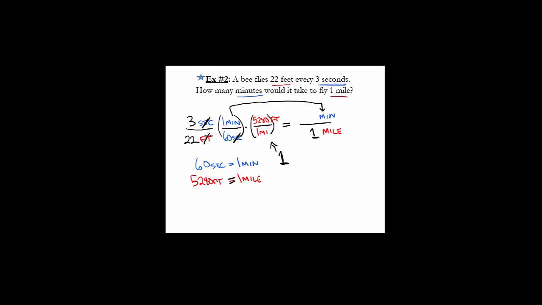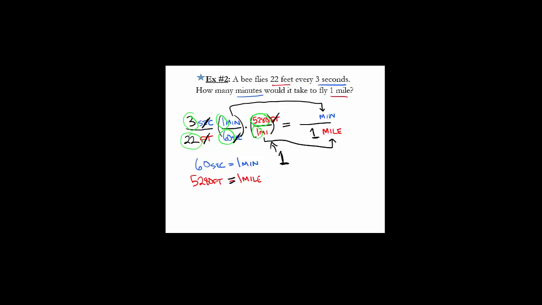Again, feet now on the bottom and the top I can cancel, and what am I left with? I'm left with miles, which is exactly what I want. And now it's pretty easy. You just pull out your calculator and you multiply all the numbers that are on the top, which is 3 times 1 times 5,280. You multiply all the numbers that are on the bottom, which is 22 times 60 times